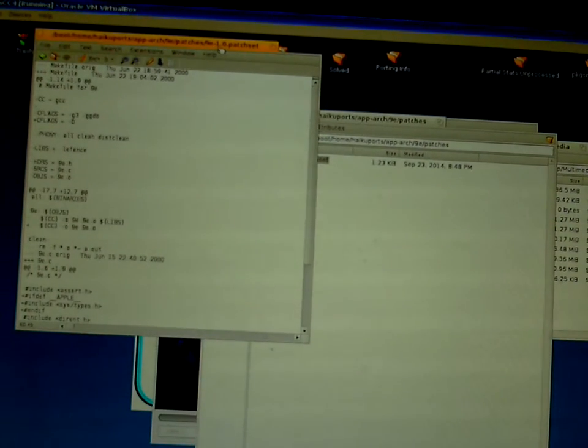Let's see. What have I done so far? I've taken 2 patches that came straight out of package source, and I just put them together in a file that I called 9e-1.0.patchset, and the version of 9e happens to be 1.0. So I've just copied and pasted them into there. The way Haikuporter does it, they just put everything in the same file. So there actually are 2 patches here